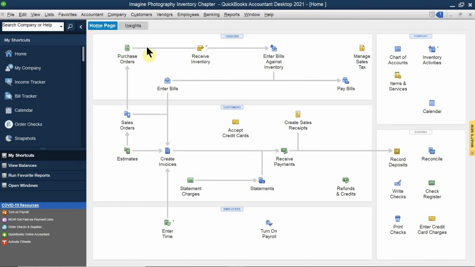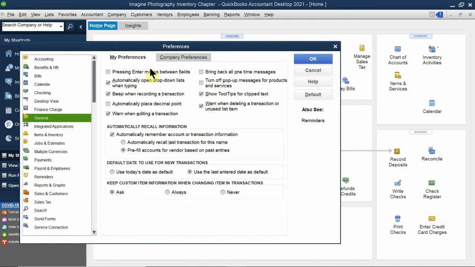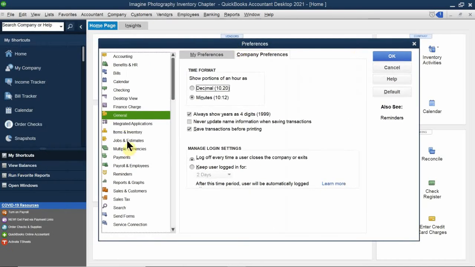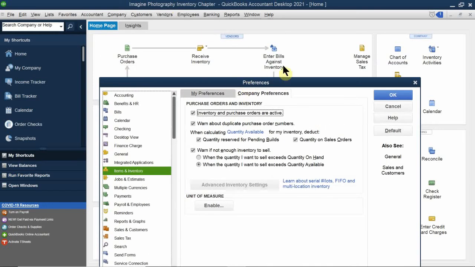And if you remember, this feature must be turned on through QuickBooks. If you go to your edit preferences, this is something you have to toggle in the items and inventory section. The question was, do you keep track of inventory? And we selected yes. Because we said yes, we want to keep track of our inventory, that is why we have this little section here on our